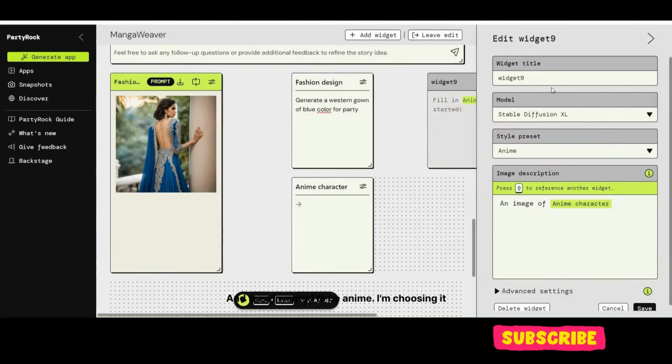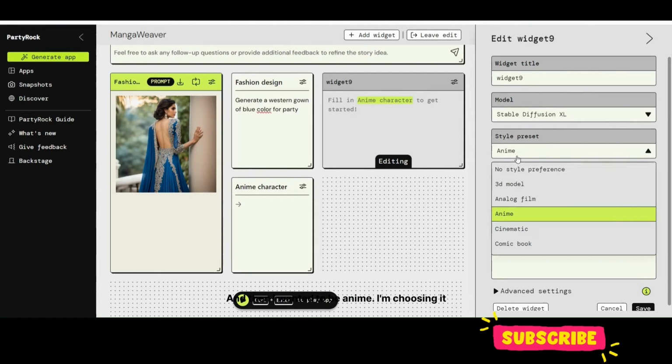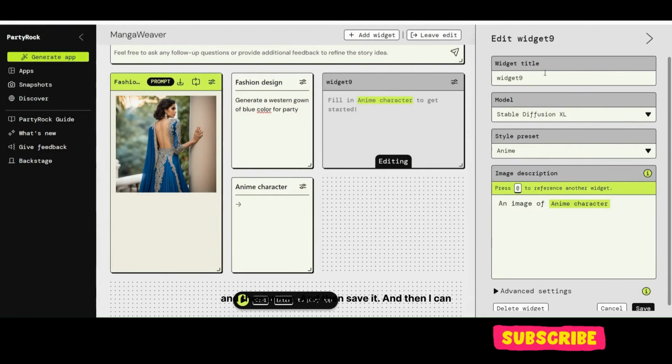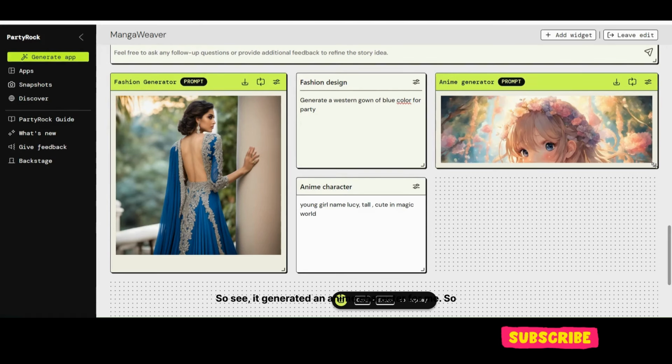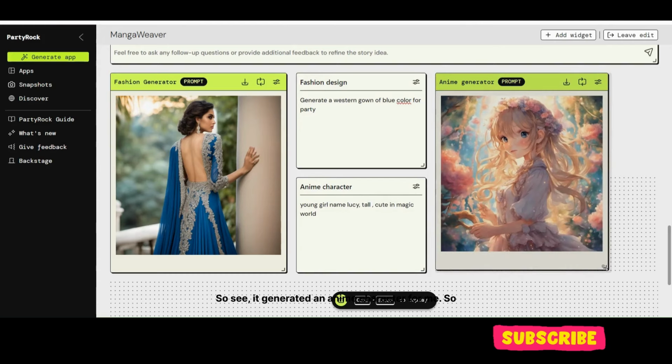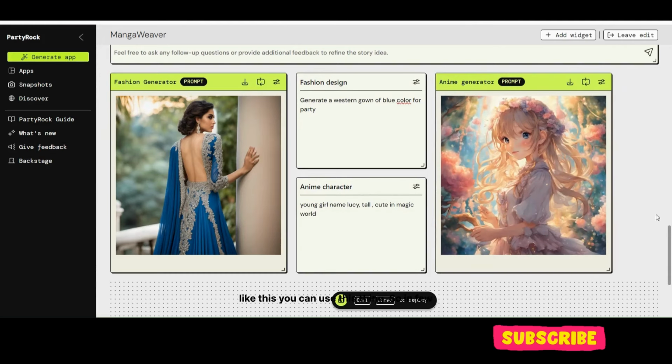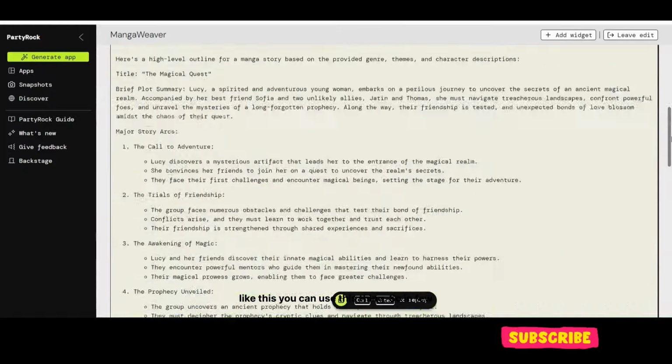And then I want it to be anime, I'm choosing it, and then save it, and then I can write a young girl, cute, so control plus enter, so it will generate. So see, it generated an anime character for me. So like this we can use this thing.